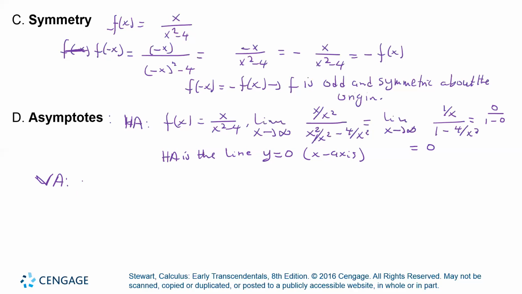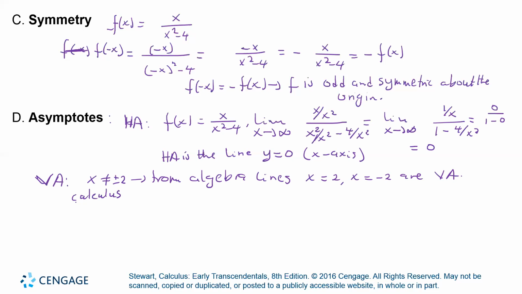So I know that the domain, x cannot be plus or minus 2. So from algebra, the lines x is equal to 2 and x is equal to minus 2 are my vertical asymptotes. But if I use calculus,